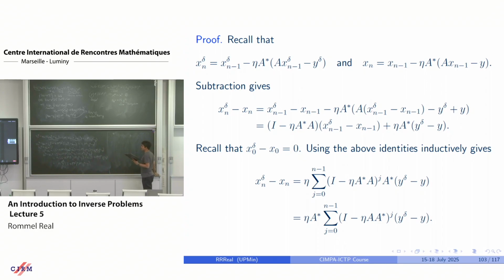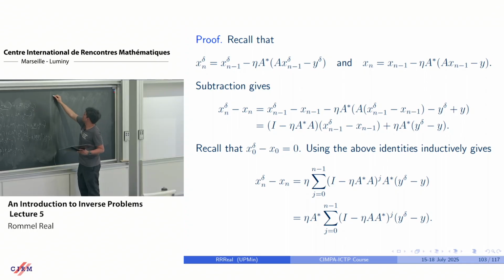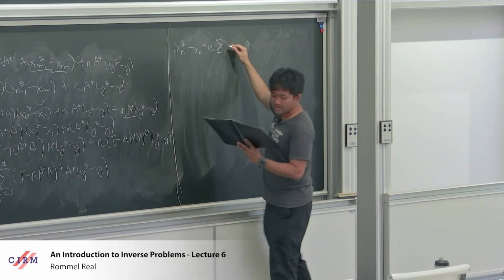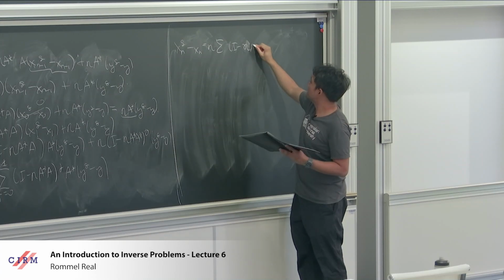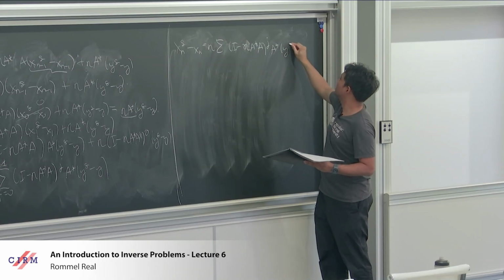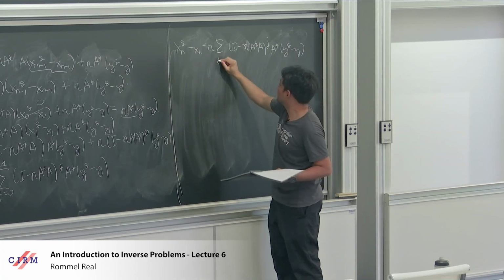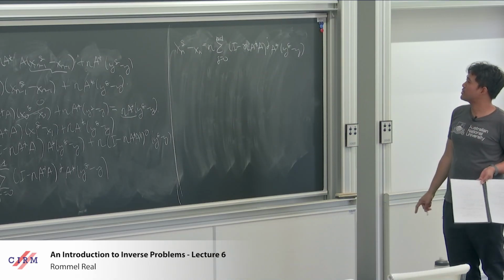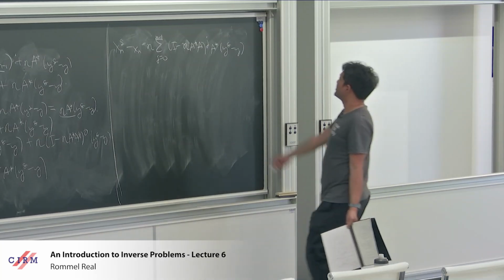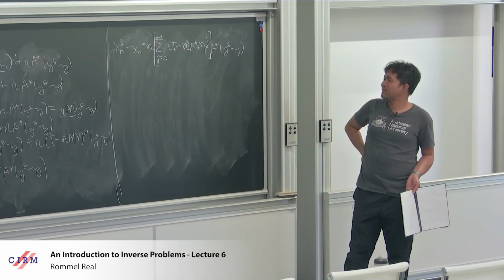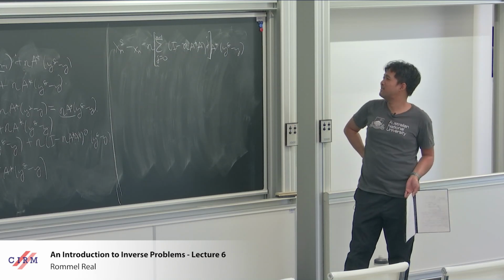Okay, so that's just equal to this one over here: eta times the sum of (I minus eta A star A) to the j, times A star. Now if you look at the summation, notice that the sum is all over only the terms with the j, so you can think that the sum is also just here. So the term which is in bracket is a sum of